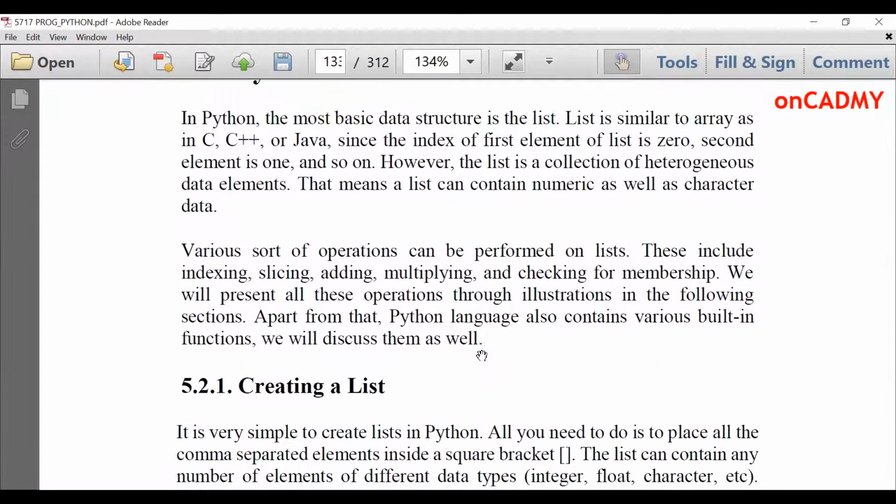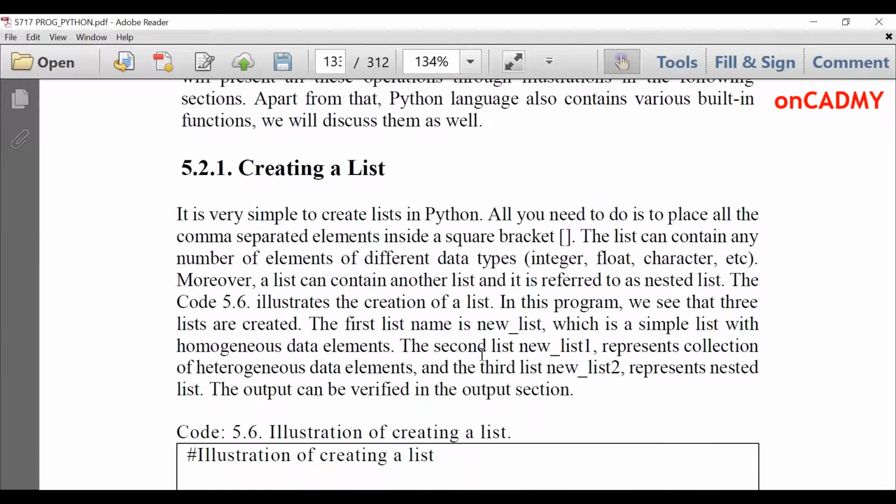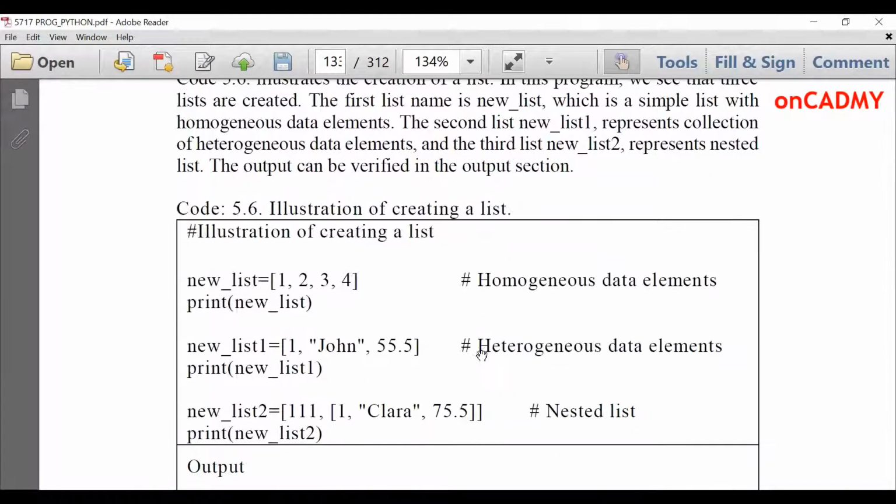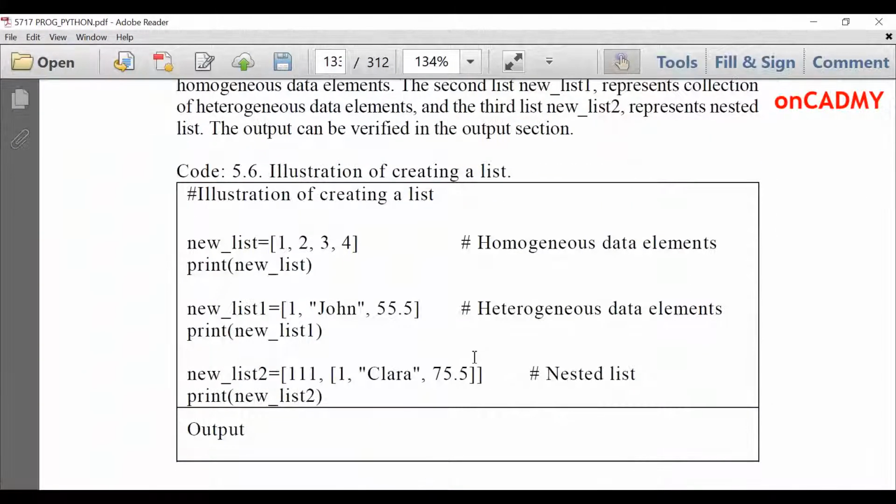So first of all, we'll study how to create a list. For creating a list, it is very simple. In Python, as I already told you, we don't need to mention the data type before using any variable or object. Similarly, here we have created a new variable, new list, with 4 elements, 1, 2, 3, and 4.